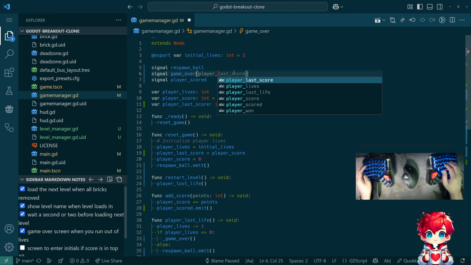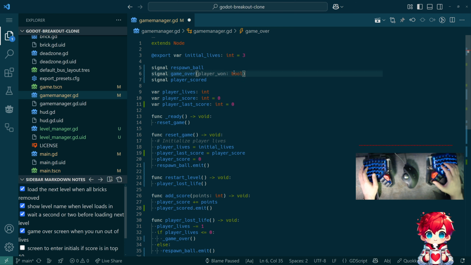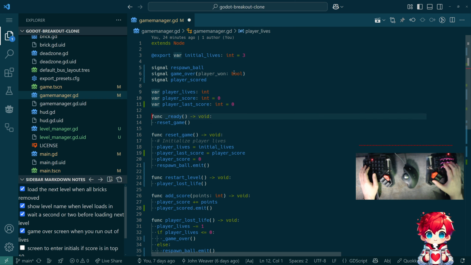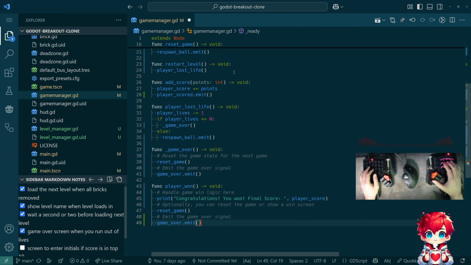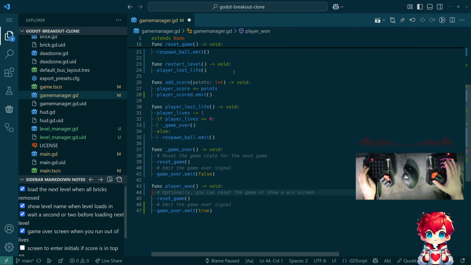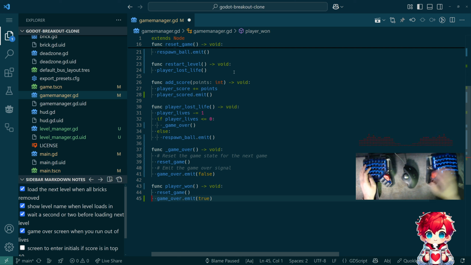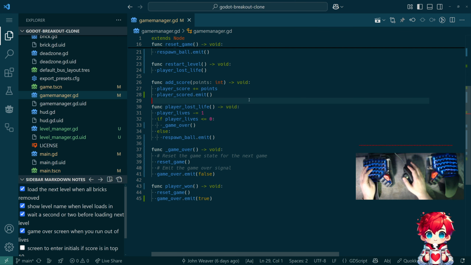Player 1. This is also where I could have potentially passed in the player's score into here, instead of having a separate player last score. But it's fine. So for game over, this is false. And for player 1, this is true. And then we can get rid of that print there, and these extra comments are unnecessary. So